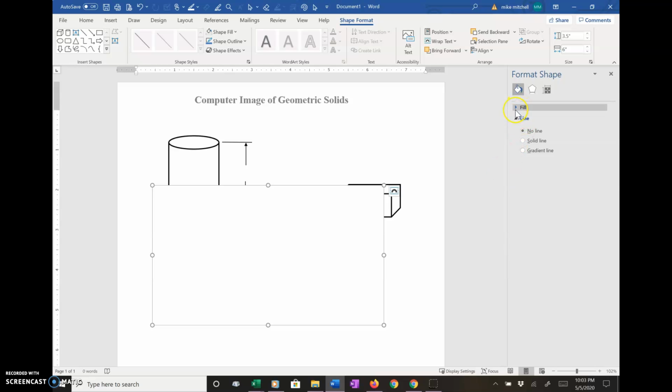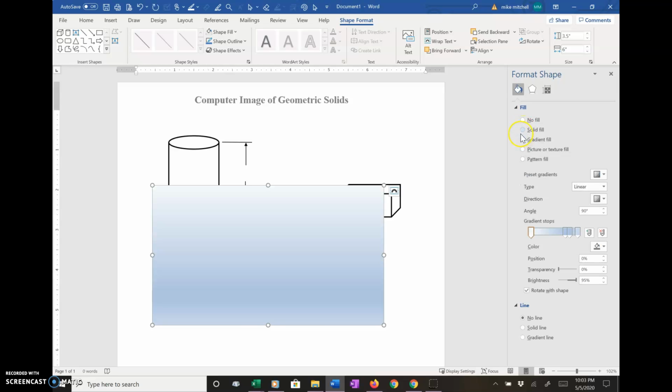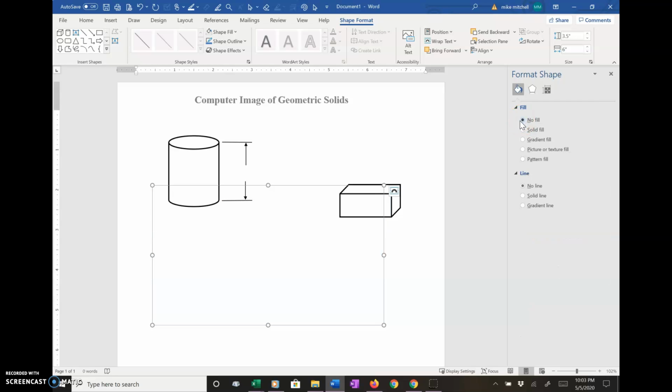Fill. Ooh, I see what it is. Fill. I need to open up fill here. I don't want any fill. Oh, now you know what fill does a little bit more. Solid fill blocks it off. Gradient fill makes it shaded. But that's it right there. We want this drawing canvas. Now, I can